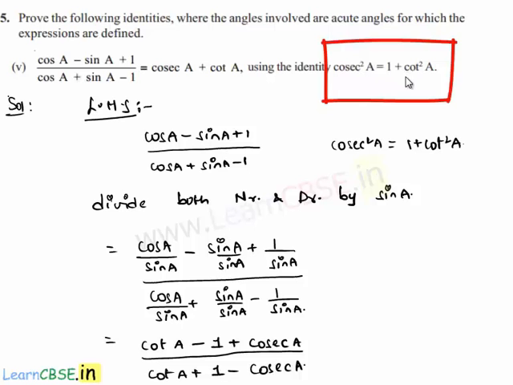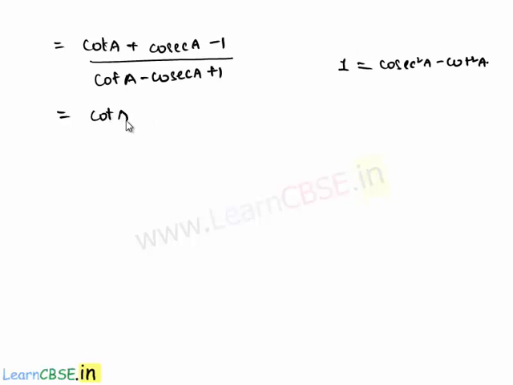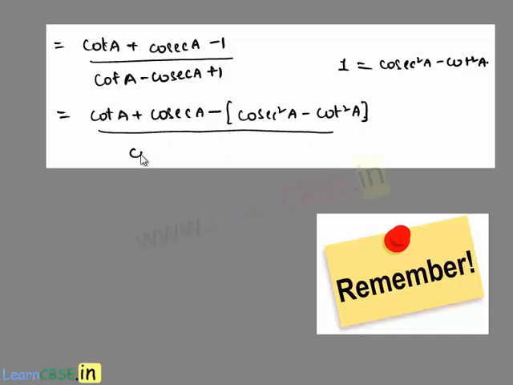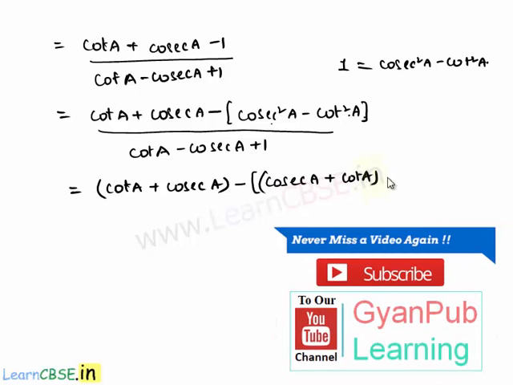as he asked us to use the identity that cosec² A is equal to 1 + cot² A, let us replace 1 by cosec² A − cot² A. That is equal to (cot A + cosec A − (cosec² A − cot² A))/(cot A − cosec A + 1), which is equal to (cot A + cosec A), let it be in one bracket, minus, this is in the form of A² − B², that can be written as (A + B)(A − B)